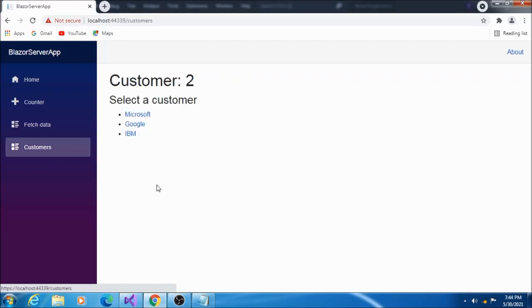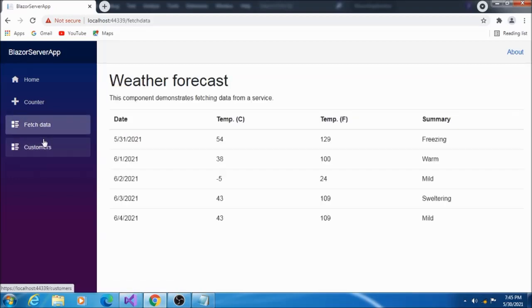See, by default I got the customer ID 2. So when I click on any customer ID, then I will get that customer ID, otherwise by default it should be 2.